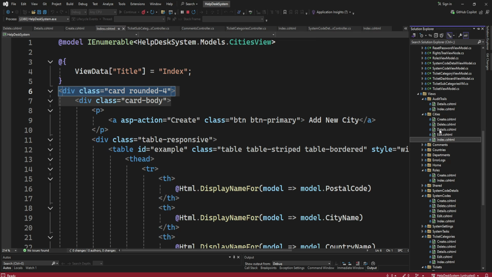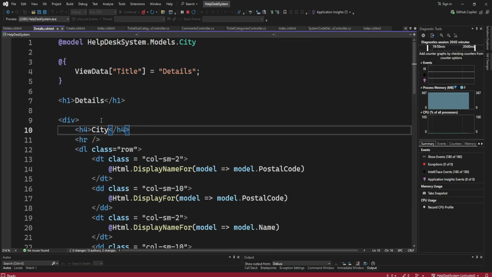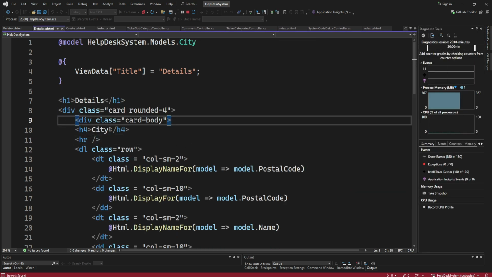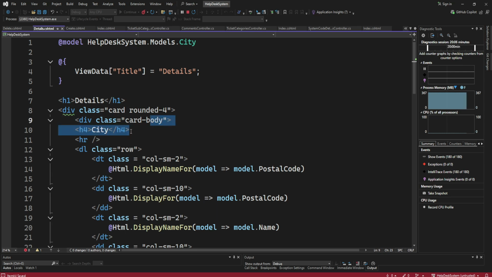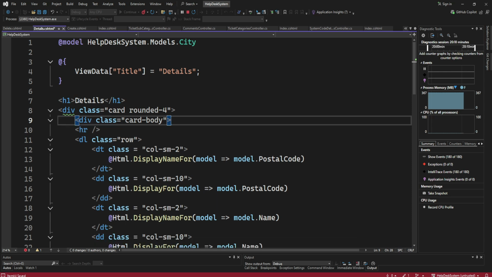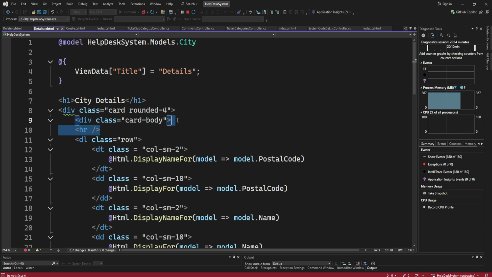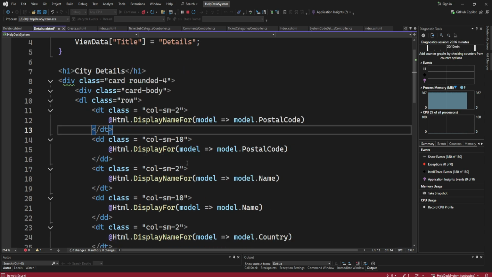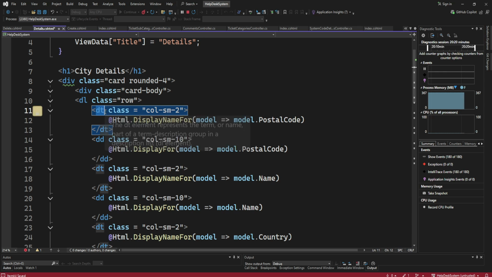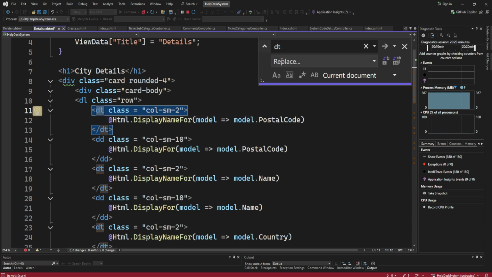If you go to details, I want us to have these in a card view. Then you can say this is the cities, so you can say city details. Let's remove this, and you can call this city details. Then here we can do div row. Then this one where we have the dt, we can replace this with